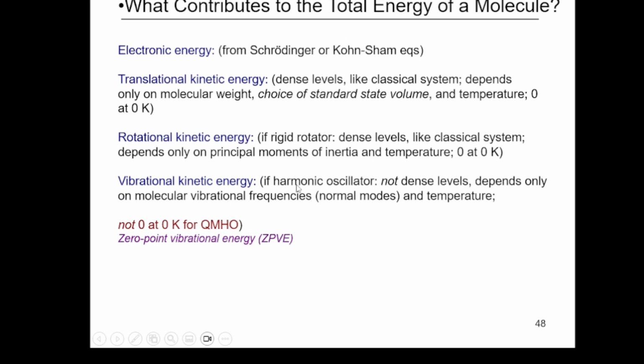Now, if you talk about vibrational kinetic energy, it can be calculated from the harmonic oscillator. You don't have dense levels. It depends on molecular vibrational frequencies, or in other words, on normal modes and temperature. We'll see soon that it requires quantum mechanical calculation to calculate vibrational energy. It is not 0 at 0 Kelvin because of quantum mechanical harmonic oscillation, so you have zero point vibrational energy present even at 0 Kelvin. So with these facts,